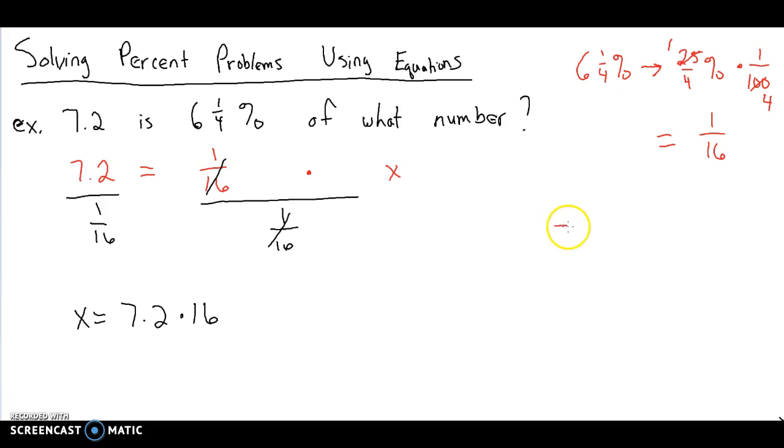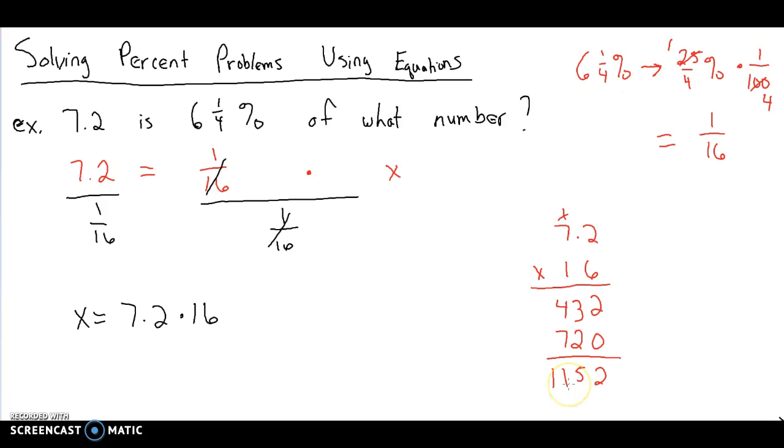Okay, so let's set it up. So we're going to do 7.2 times 16. So let's go through first. We're going to do 2 times 6 to give us 12. 7 times 6 is 42. We're going to add 1. We'll get 43. Okay. Now we come through. Let's put a 0 in the ones place here. So now we're going to do 2 times 1 gives us 2. 7 times 1 gives us 7. And now when we add this up,